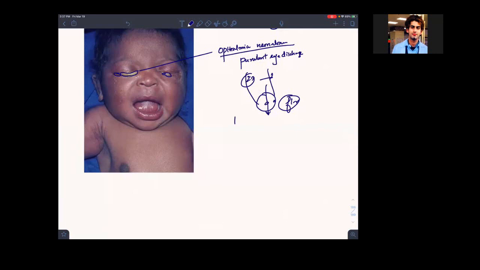What is the treatment for this? Microbiologically, I'm not telling you the full treatment. It's the microbiology treatment. We use what method? Credé's method. Remember this method. This is asked. What is the Credé's method? We instill. What is instill? We put the drops. So we instill